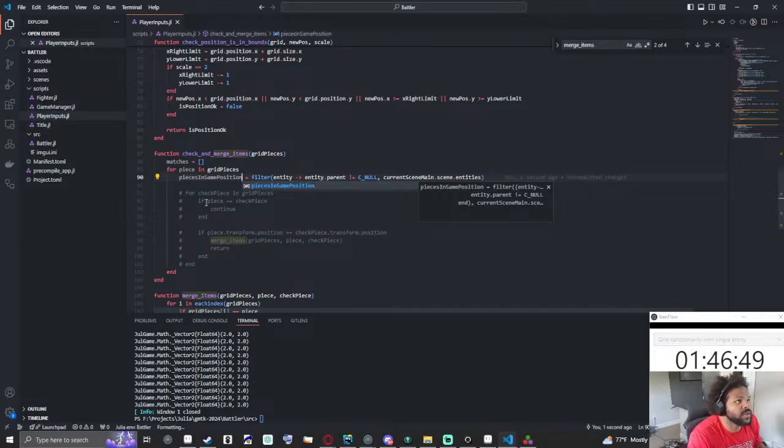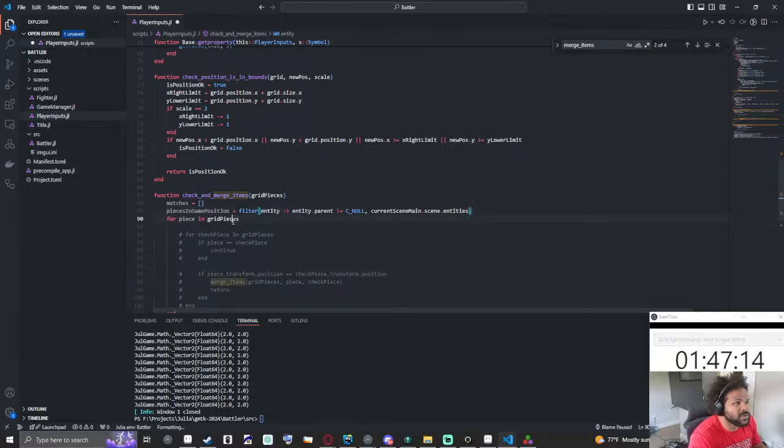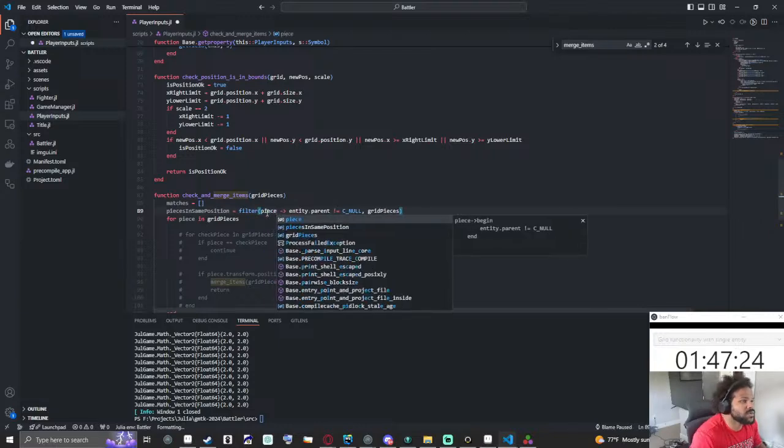So that will be if, or wait, do we even need to do that? Actually I don't think we even need to do that. I think we could just do grid pieces and then say piece and then we'll say